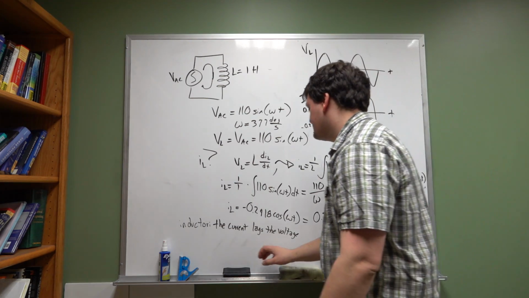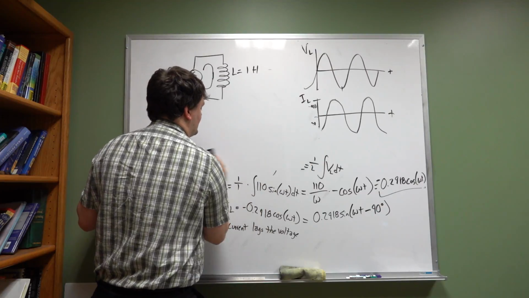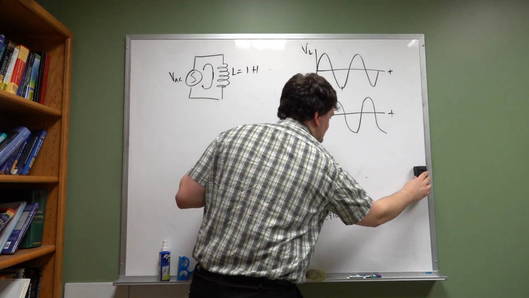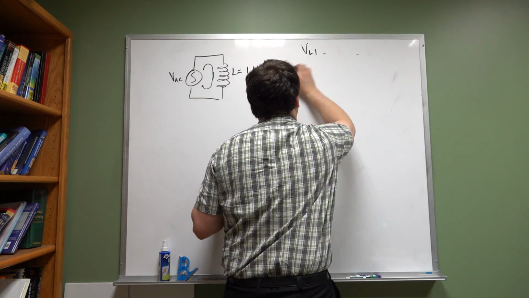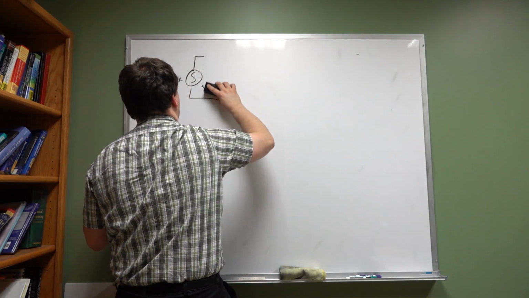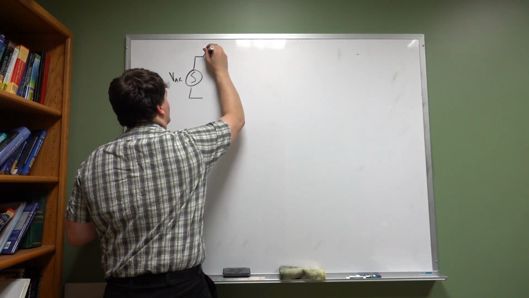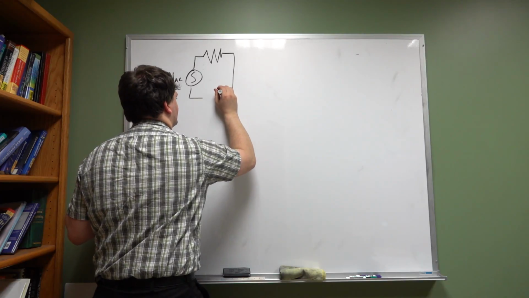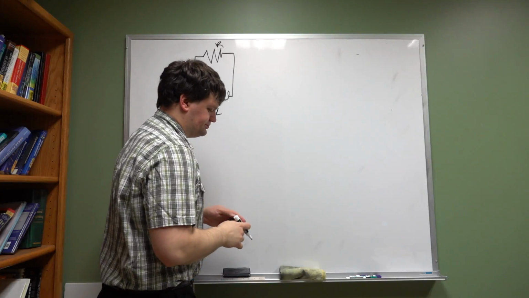If we were to, instead of only having an inductor in the circuit, let's say we were to have an inductor and a resistor. If I were to take this out, I'm just going to erase everything but my voltage source, and I were to put a resistor and an inductor in, L and R. Well,